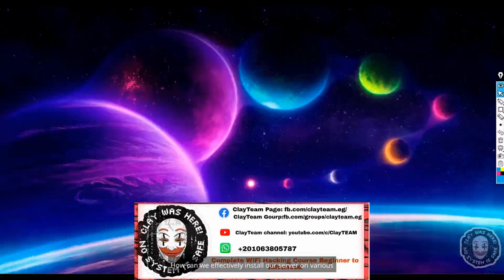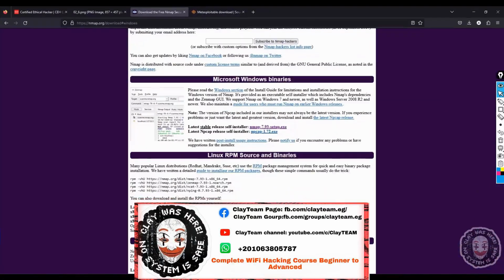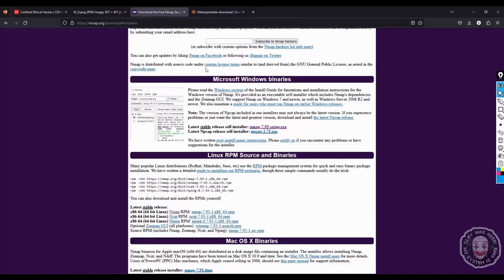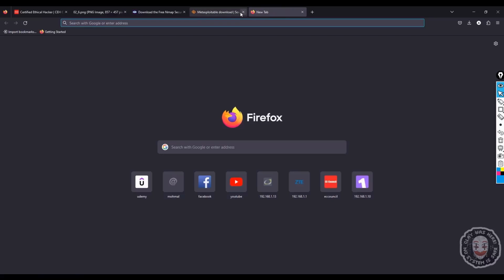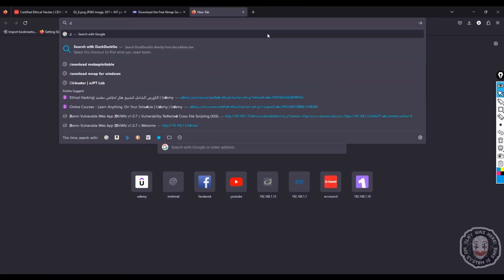How can we effectively install our server on various competitor physical sites? If you type in the competitor sites, these competitor sites are essentially online platforms with a significant number of servers and a multitude of potential vulnerabilities. We can certainly practice our skills and techniques on them. If you type in Google,